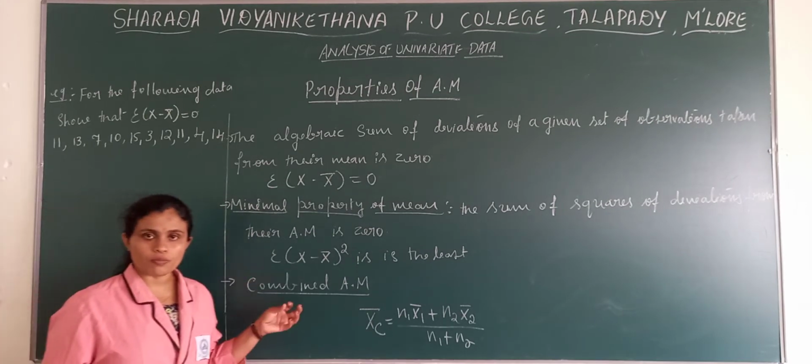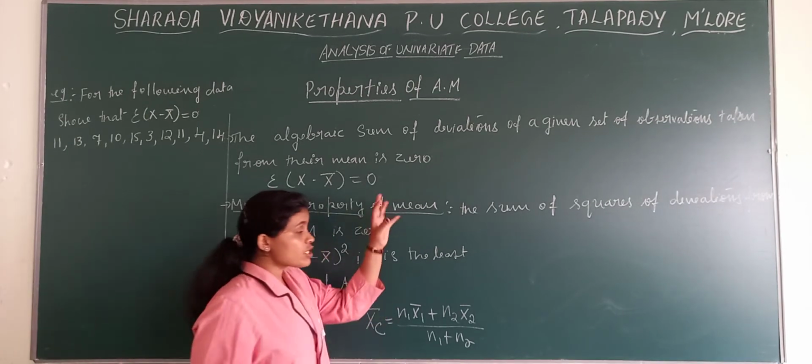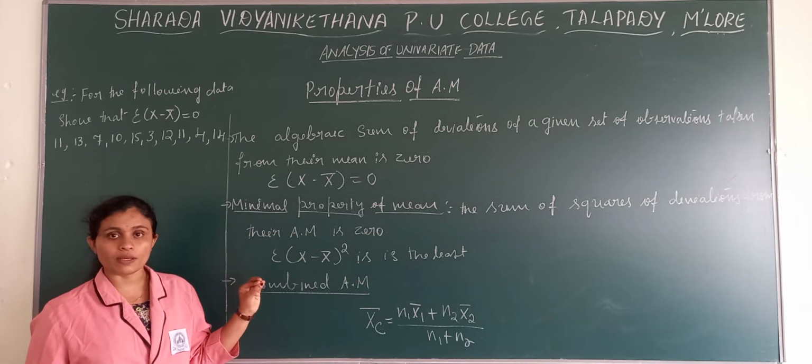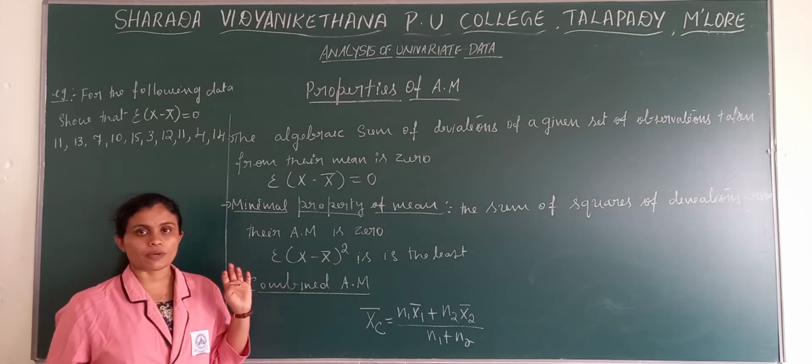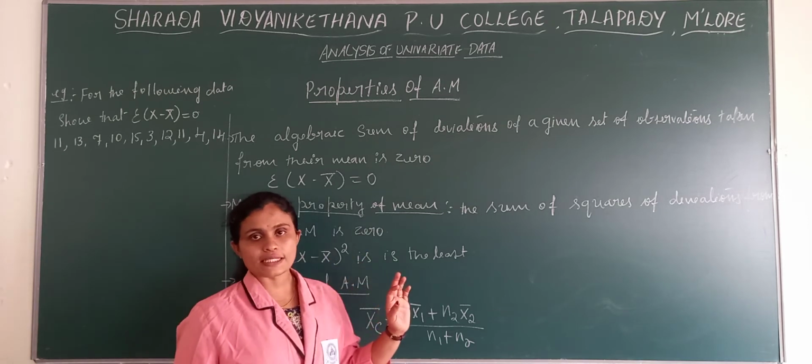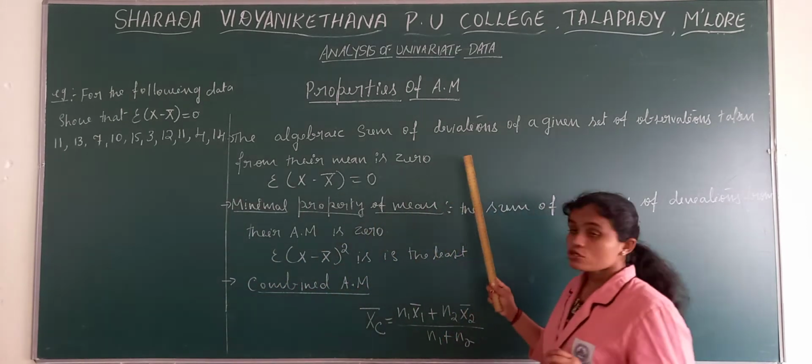And based on these properties you have some problems. It might be 5 marks or 1 mark kind of problems. Now firstly we will see what those properties are. So here